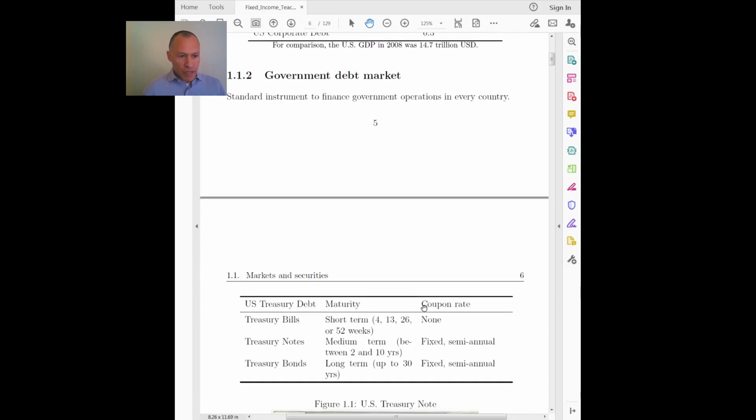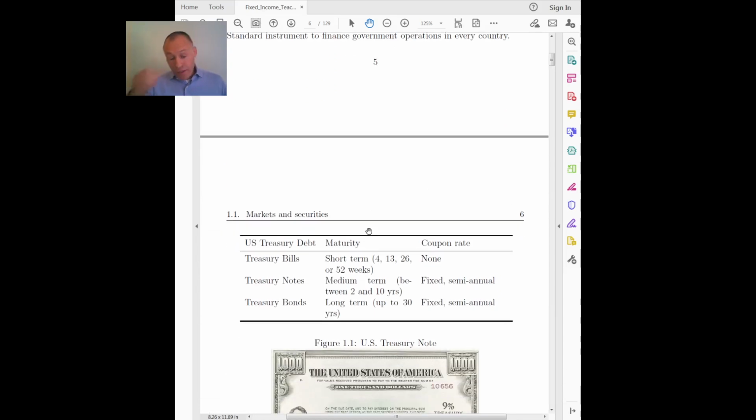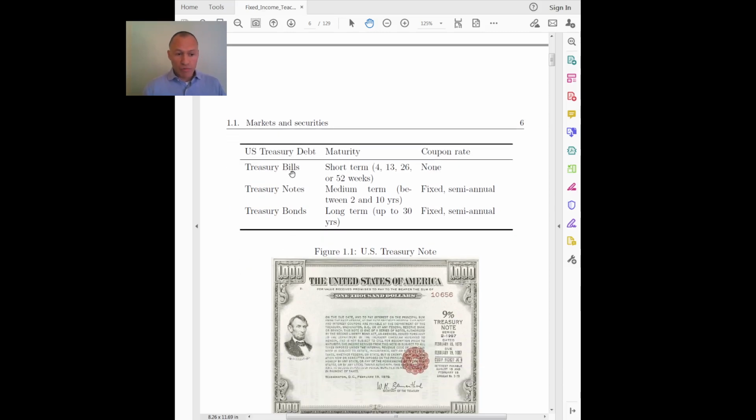So, brief remarks about some of these markets. Let's start with the government debt market. In the US, you have different names for these securities issued by the government depending on the maturity. If it is a short maturity, up to 1 year, we call them Treasury Bills. And if it is larger than that, but until